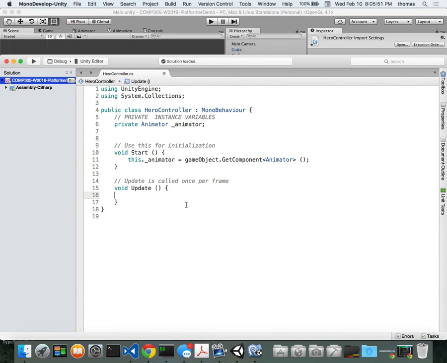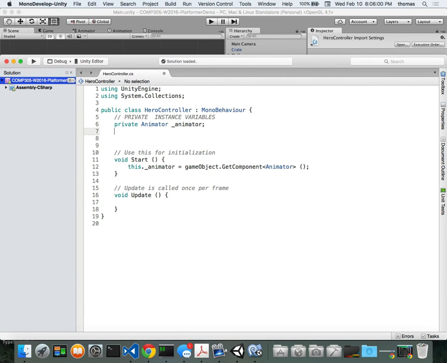Now I want to check on Update. I want to get my move, right? So again, I can make it a private variable. So I'll say private, and we'll make the move variable a float, and we'll call it _move. So I'm moving somehow, right? And what we're going to say is this: